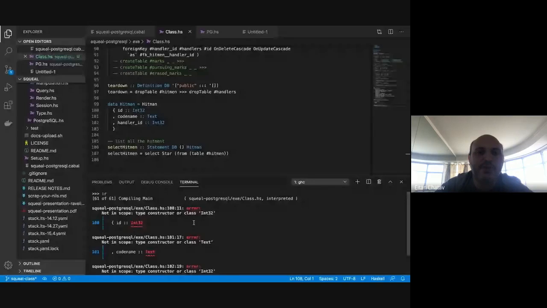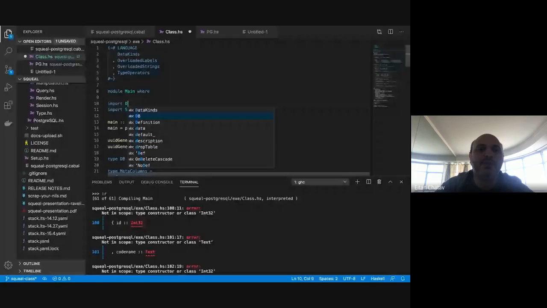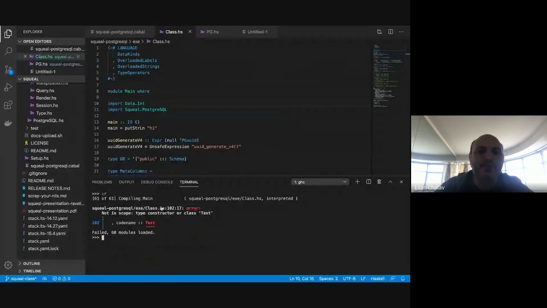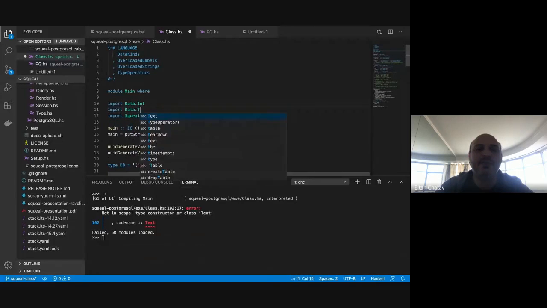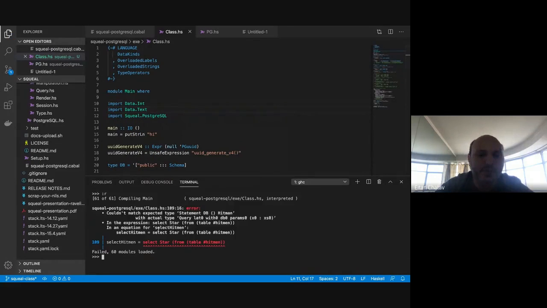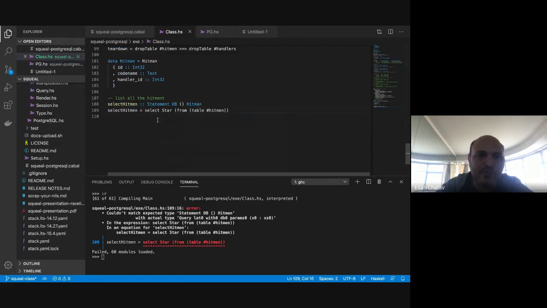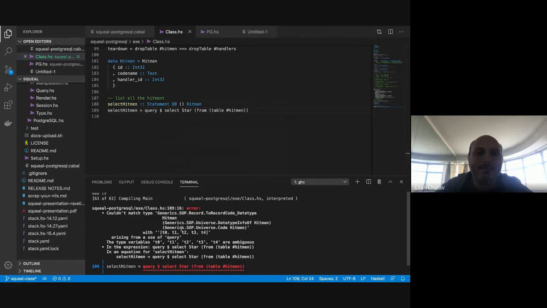Okay, so int32 needs to be in scope. So does text. Okay, couldn't match statement. Oops, I need to say that this is in fact a query. Okay, now it's complaining: couldn't match Generics.SOP.Record.ToRecord code data type Hitman with an actual thing. So it's trying to apply some crazy type family from SOP generics to Hitman, and it's just not